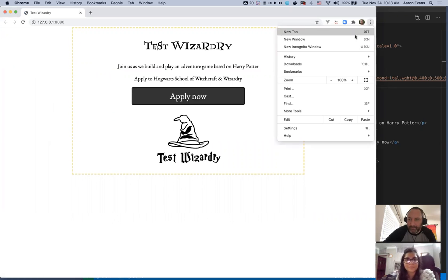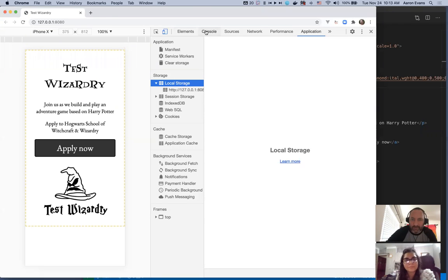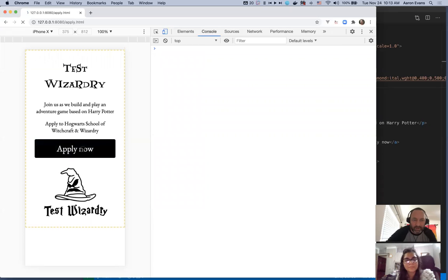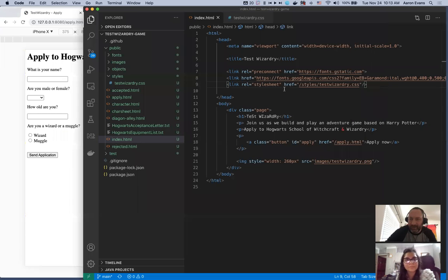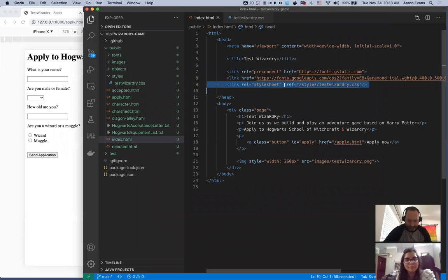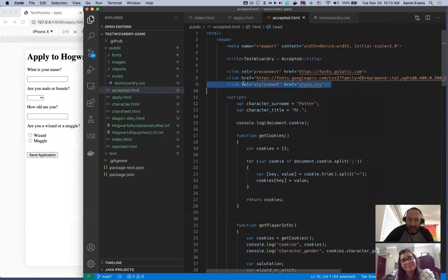And then I'll also bring up my console and inspector. Okay, so we can click on apply now. And our other pages have lost the style as well. So we need to fix that by changing all the other files. Yep, now all the files. Yeah. So the apply page, the accepted page,